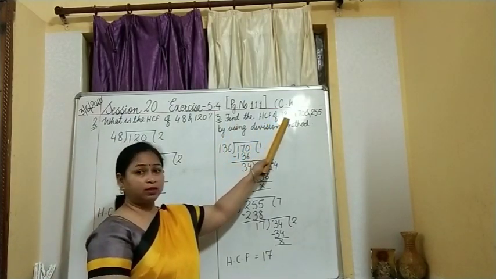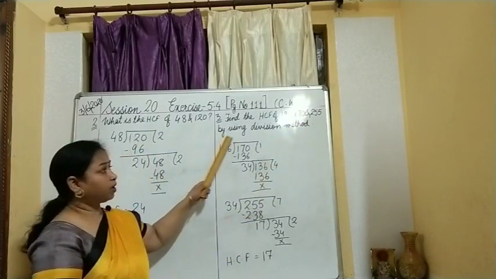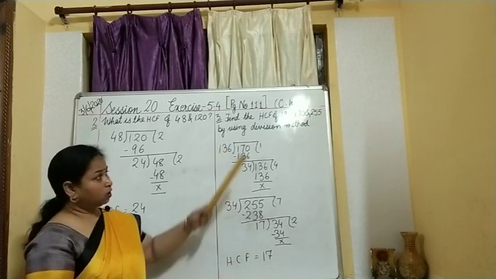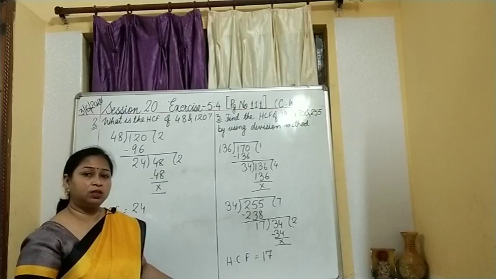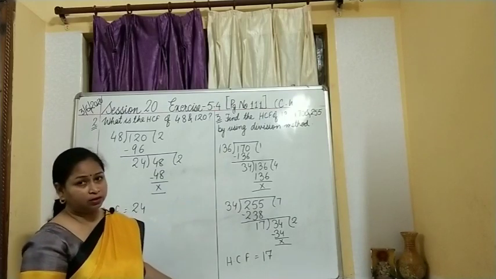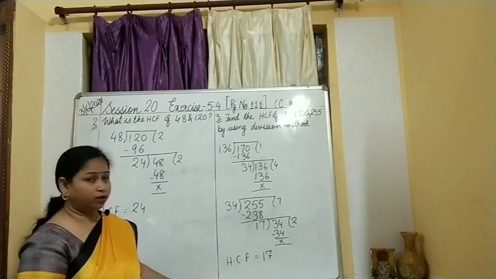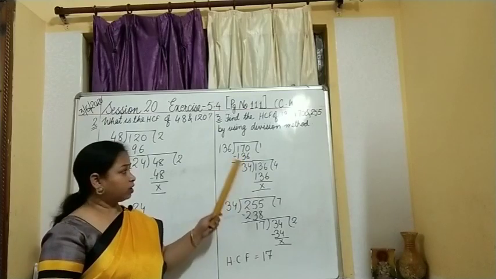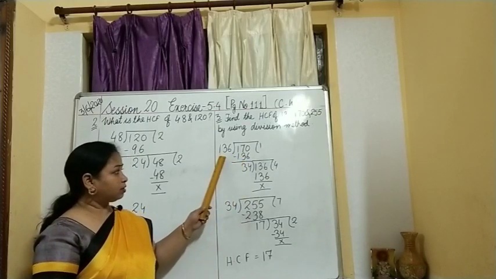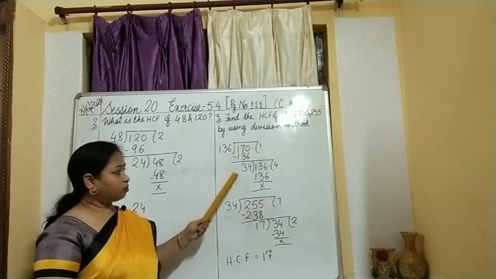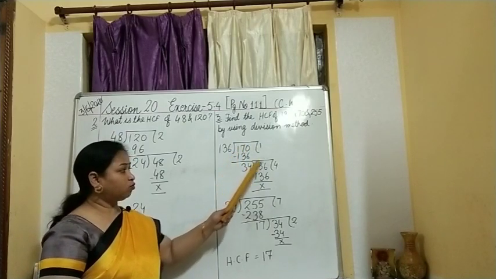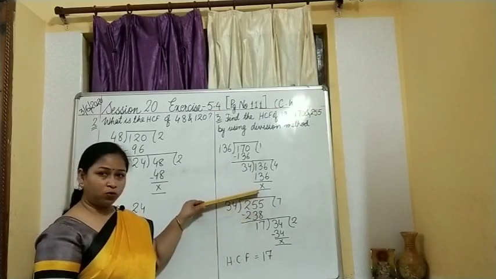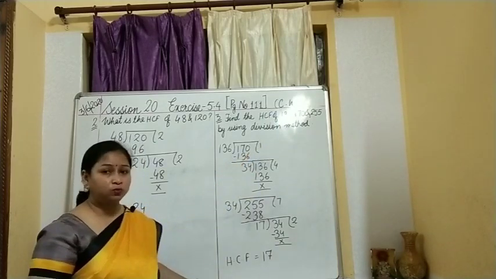If you have more than two numbers, how will you find the HCF? Find the HCF of 136, 170 and 255 by using the division method. You know that three numbers are there, so you choose the smallest one. What is the smallest one? 136. What is the next one? 170. First we will find the HCF for these two. So carry on the process. 136 ones are 136, subtract, you will get 34 over here, then 34 fours are 136. This completes the division, but still 255 is waiting there.